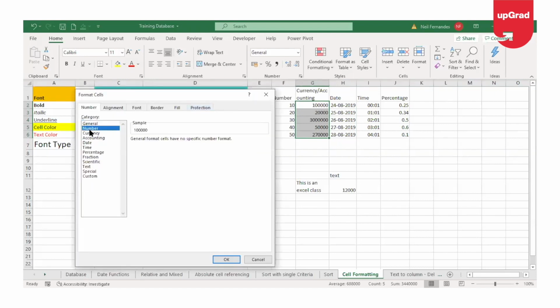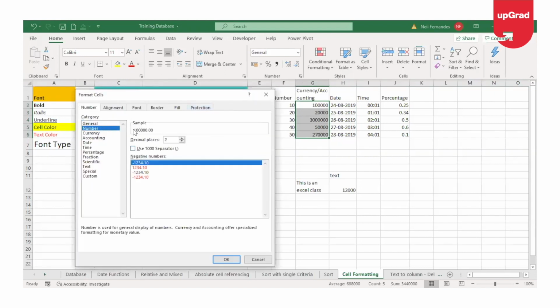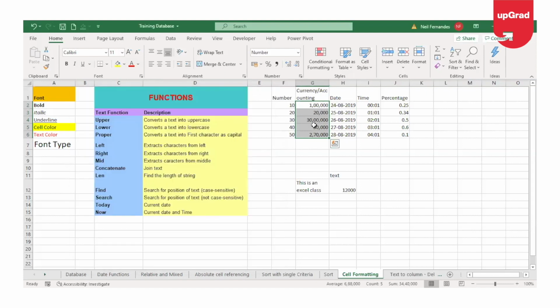Under the number category, I will change it to the number format and use the 1000 separator. This 1000 separator will add the commas at the right place and it will become easier for us to read the number properly. And then click on OK. Here you can see all the commas have been added.